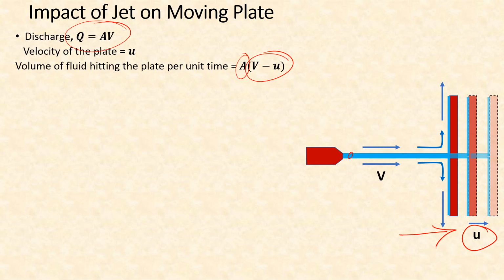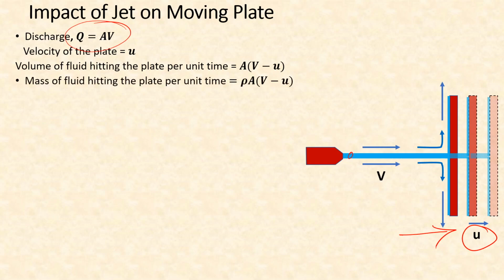So therefore, if we consider the plate as the reference, then the relative velocity will be v minus u. That means the plate will experience that the fluid is hitting it at a velocity v minus u. So this is the volume of fluid hitting the plate per unit time, and therefore mass hitting the plate per unit time will be, simply multiply that with density rho, and